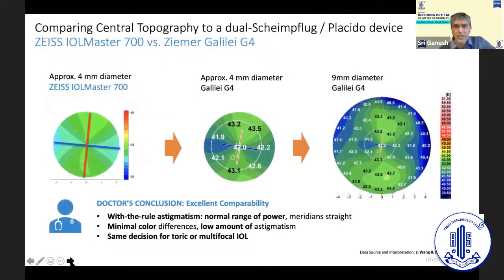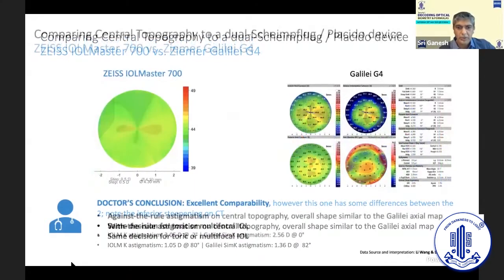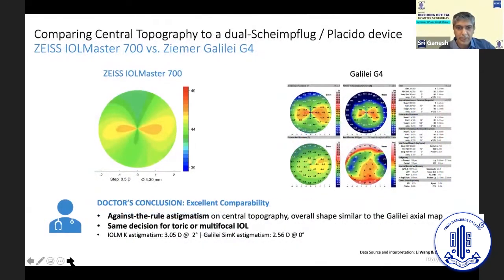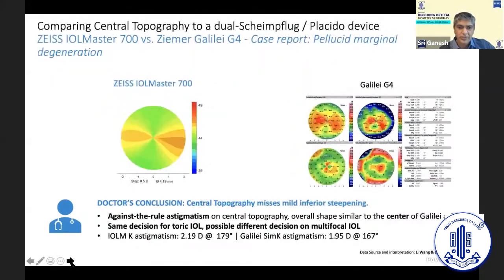They were compared with the Galilei 4 mm maps, and they had a very good agreement. There was excellent comparability for with the rule, against the rule, etc. These are just the conclusions of the study. So this is the new